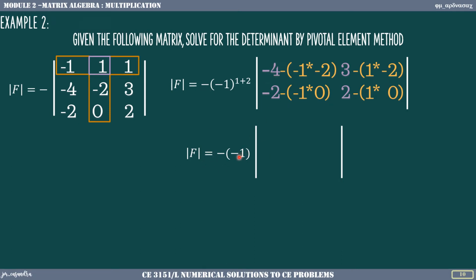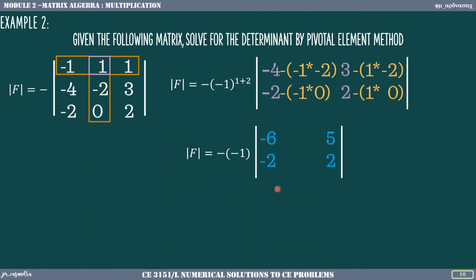Simplifying, we have negative 4 minus 2, it's negative 6. Negative 2 minus 0, we have negative 2. 3 minus negative 2 is 5. And 2 minus 0 is 2. Okay? So with that, we can now solve our